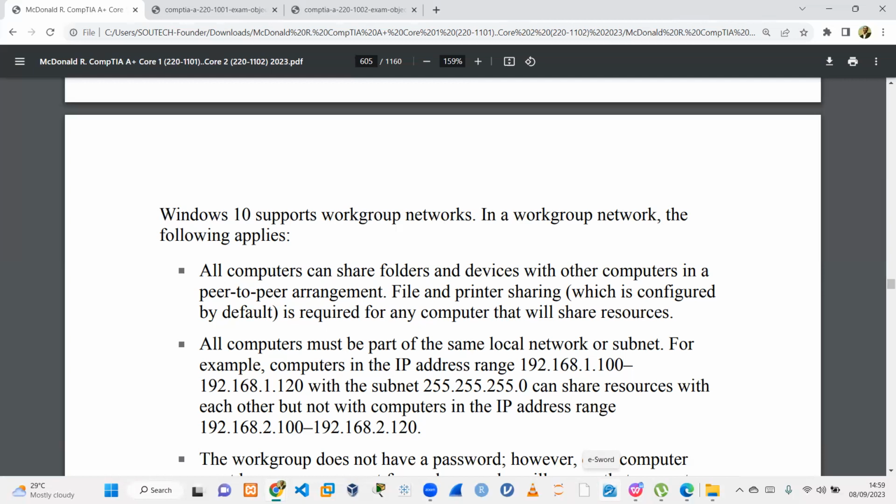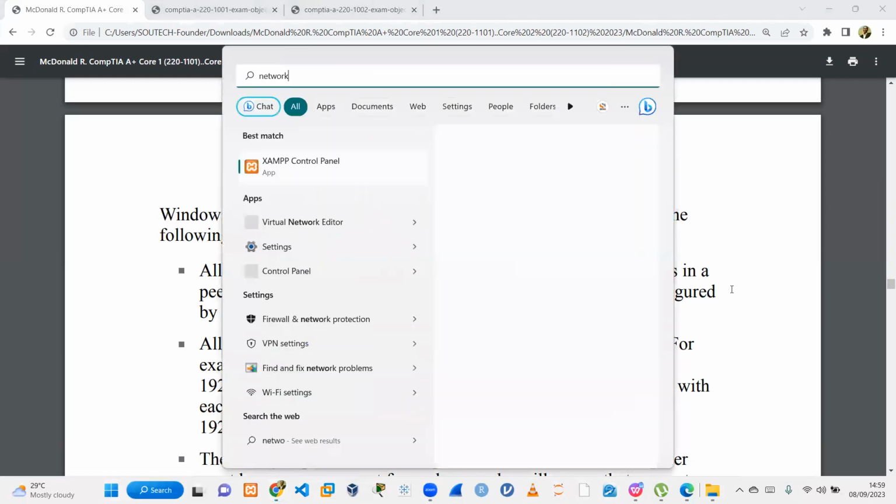So when you have more than 1 system sharing resources, you call that a network, and there are different kinds of things they can share. And when we set up such a platform or network, we call it a workgroup. All computers can share folders and devices with other computers in a peer-to-peer arrangement. File and printer sharing is possible, right? That's why if you say network sharing,